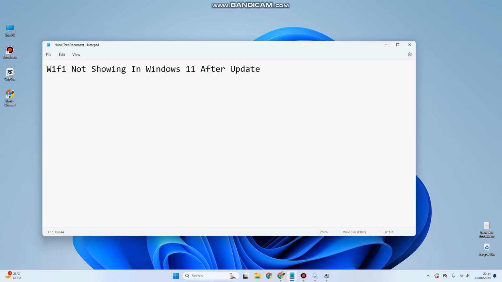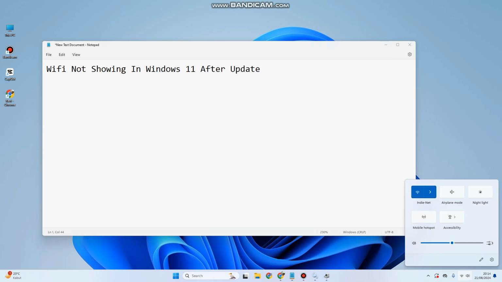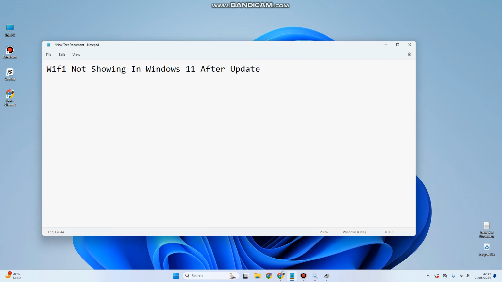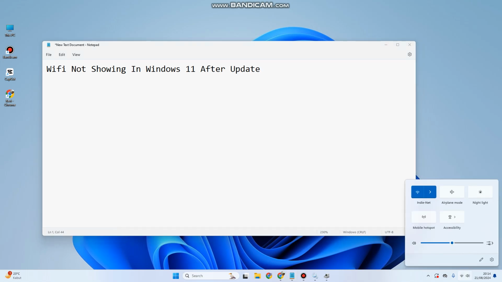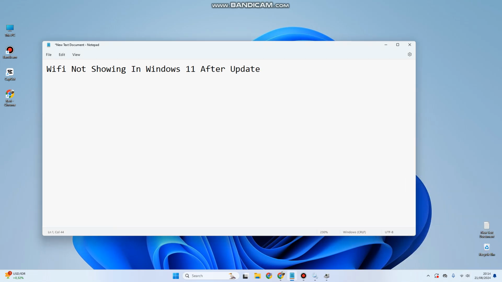Today I'm going to show you how you can fix Wi-Fi not showing in Windows 11 after update. As you can see, this is how my Wi-Fi showed after update. This often happens: the Wi-Fi is disabled, or there is no Wi-Fi option showing here, so you cannot access your internet, of course. To fix it and show your Wi-Fi option in Windows 11 after update, all you have to do is